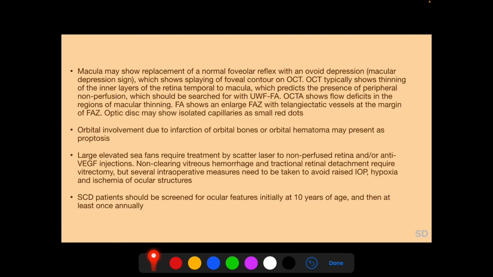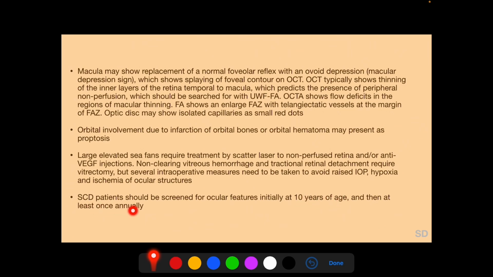Orbital involvement due to infarction of orbital bones or orbital hematoma may present as proptosis and may cause orbital compression syndrome. Large elevated CFANs require treatment by scattered laser photocoagulation to the non-perfused retina and or anti-VEGF injections. Non-clearing vitreous hemorrhage and tractional retinal detachment require vitrectomy, but several intraoperative measures need to be taken to avoid intraocular pressure increases, hypoxia, and ischemia of ocular structures. SCD patients should be screened for ocular features of sickle cell disease initially at 10 years of age and then